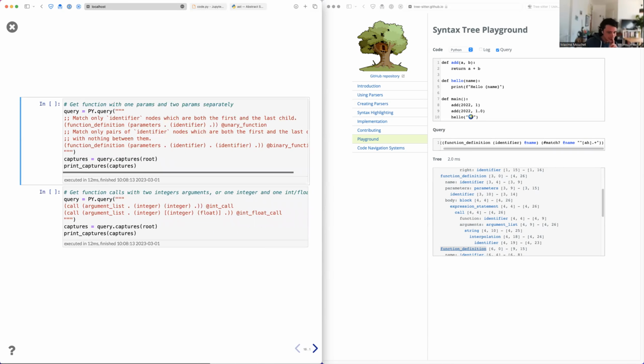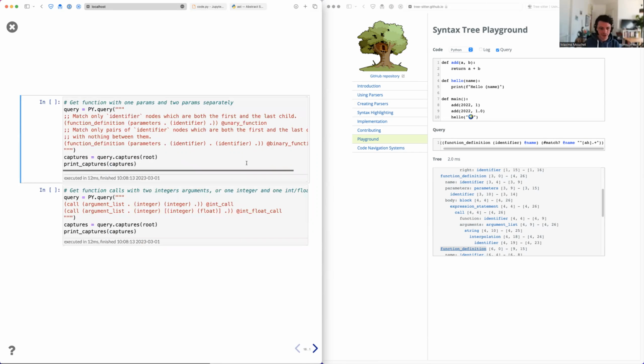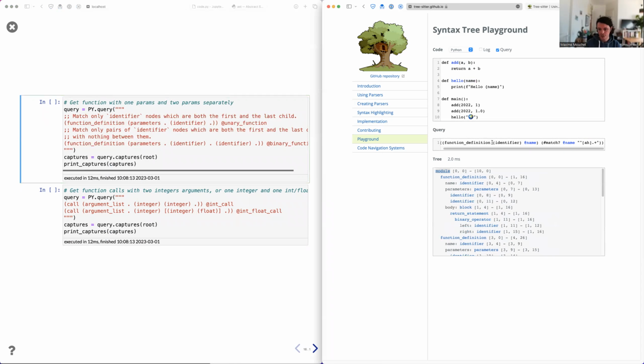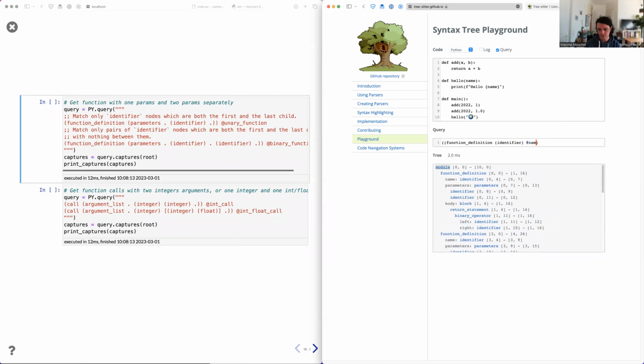And now let's see one last thing with queries, a bit more complicated. Let's say that here we have functions that have 2 arguments, no arguments, or 1 argument. Let's say that we want to match functions that have only 1 argument. If I write this, it's not going to work because it means match any function definition node which has at least 1 child which is an identifier, but it could be 1, 2, 3, any number of